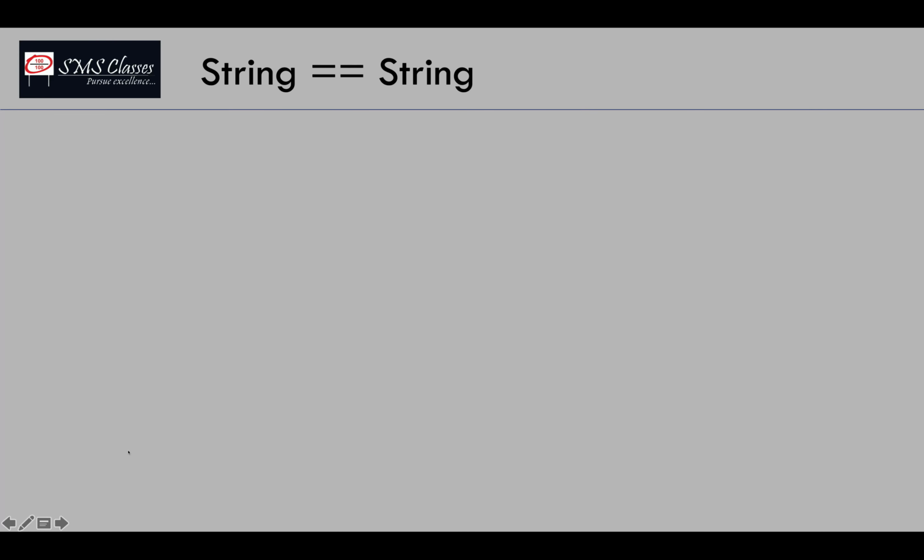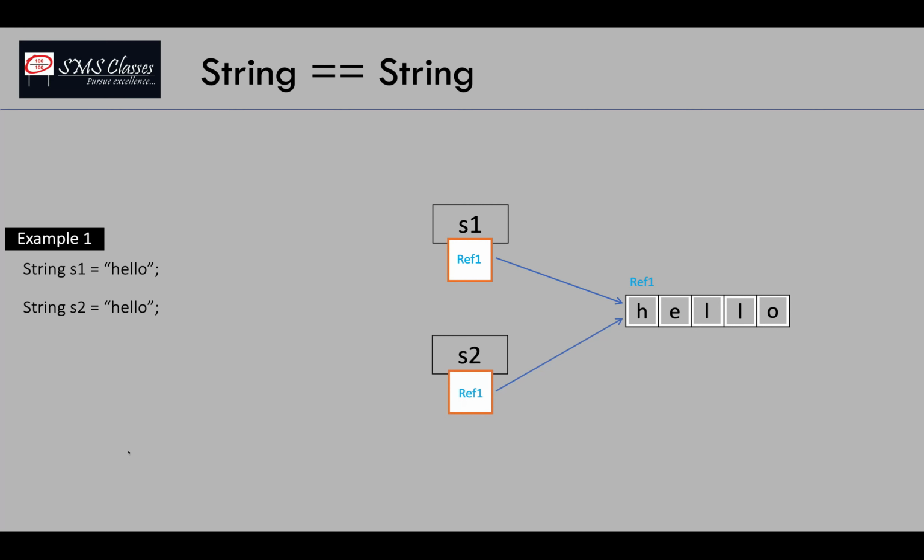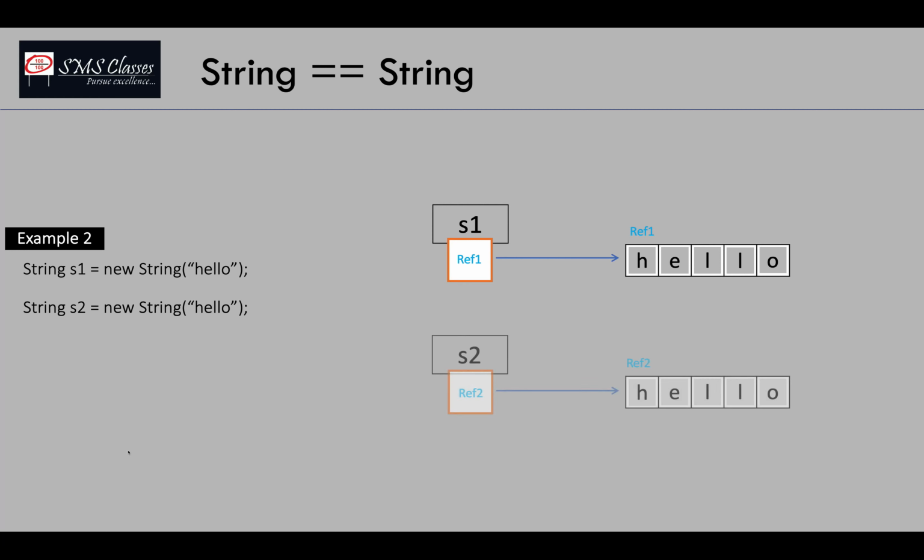Before getting into our next method, let's learn how to check whether two strings are equal or not. If you take a string s1 as hello and s2 also hello, in the memory there will be only one hello instance and both s1 and s2 are referring to the same memory. So when you write s1 double equal to s2, it is checking both the memories are equal and returns true. Whereas if you would have created the string as new string of hello and new string of hello, there will be two instances of hello. S1 will refer to the first one and S2 to the other one.